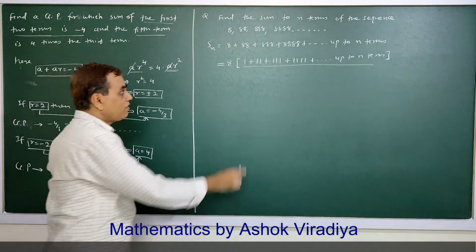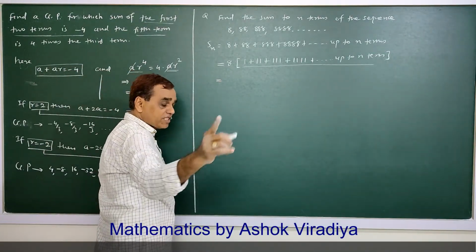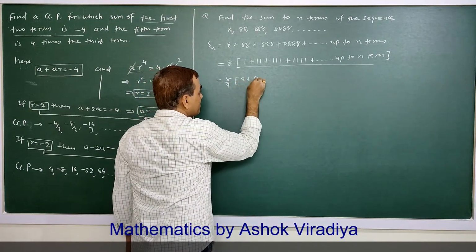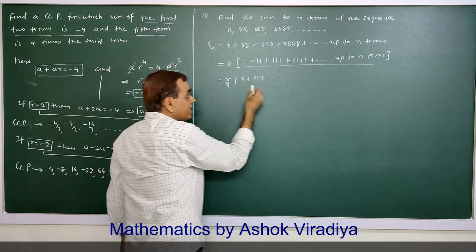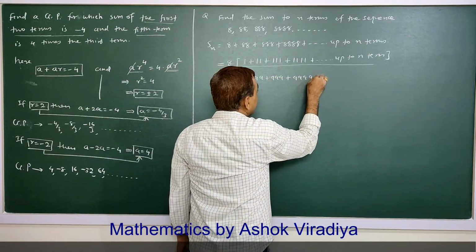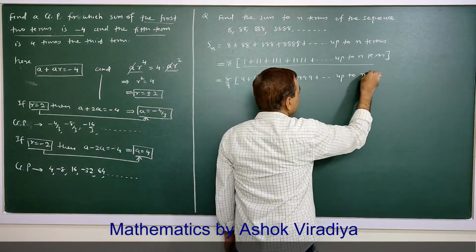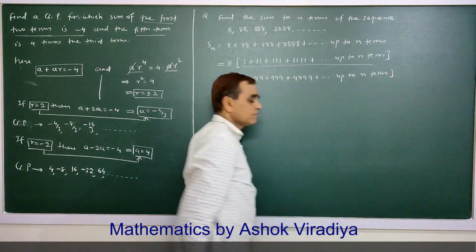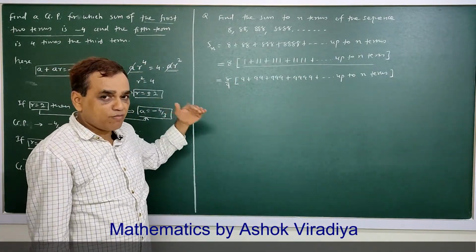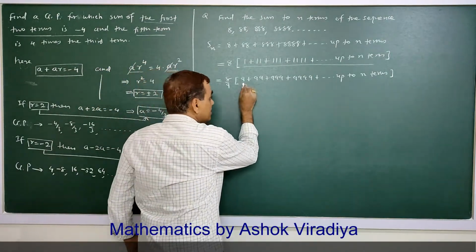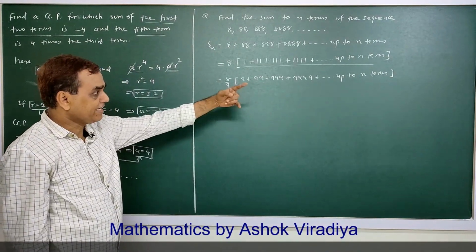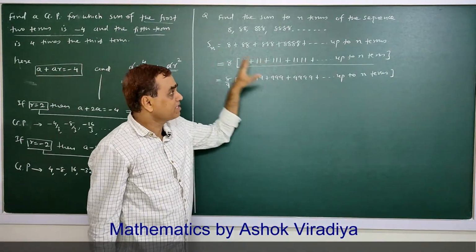After having the series of 1, the next step is always: outside divide by 9, inside multiply by 9. This is fixed. Always do by 9. Nine is fixed. Always divide by 9, multiply by 9. So in this type of problem, you have to create a series of 9. Whatever is given here, create 9 by this procedure.